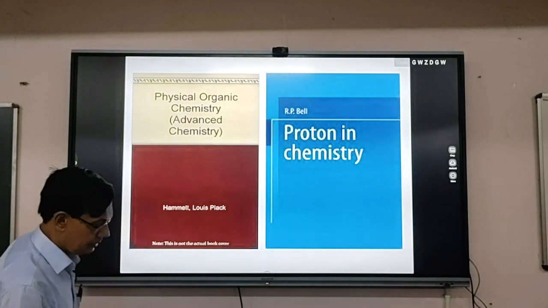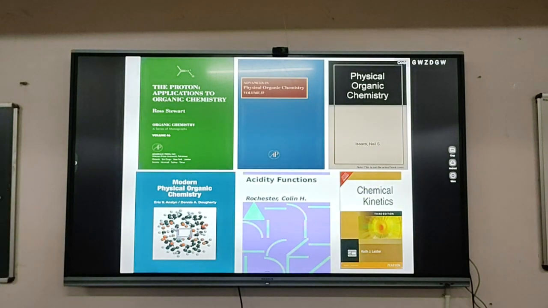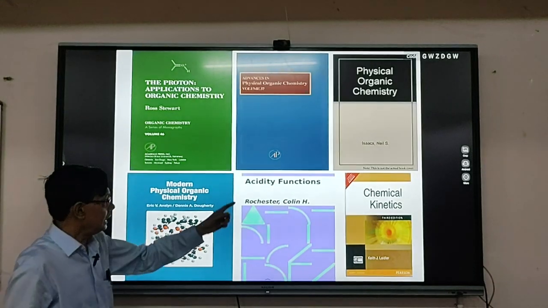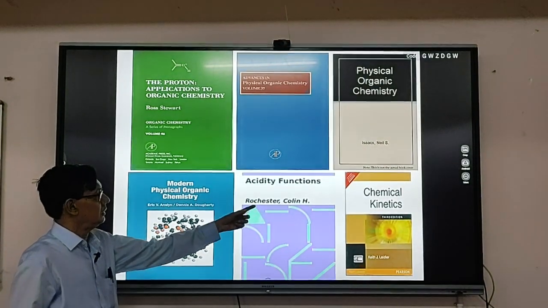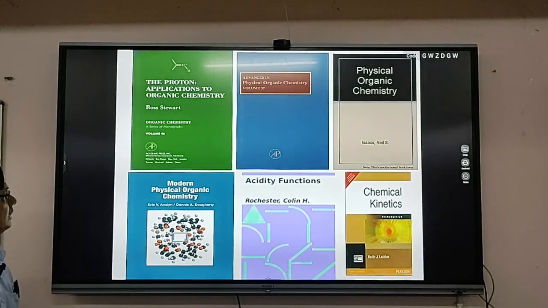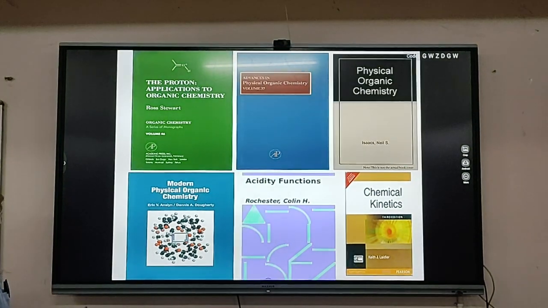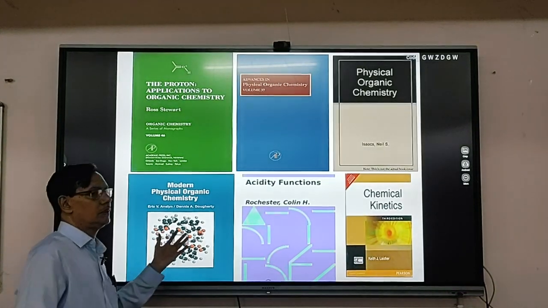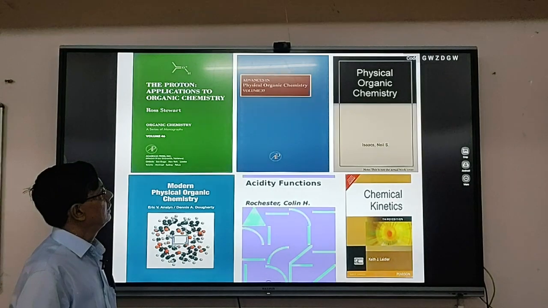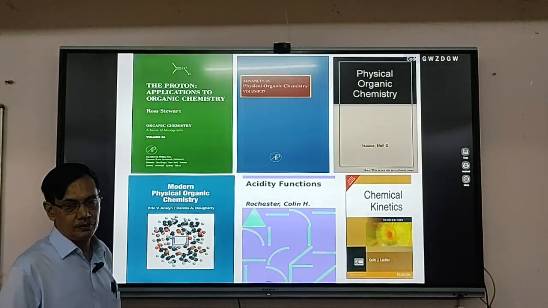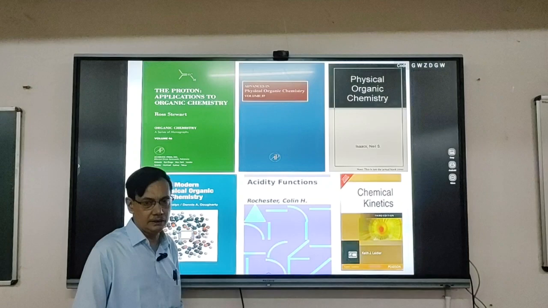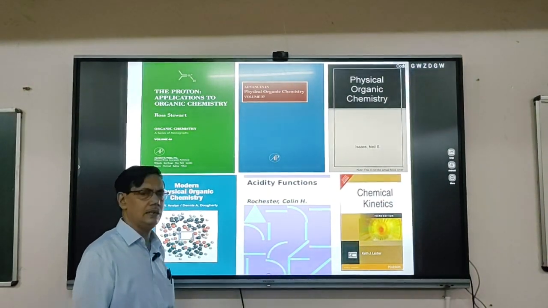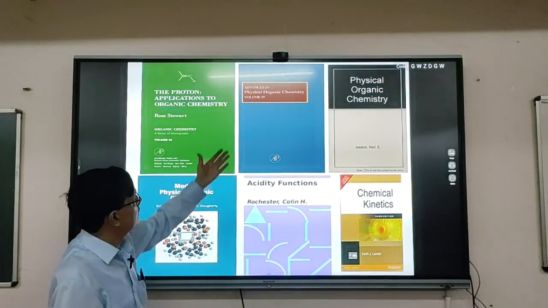In addition to that, there is a book of Rochester, I think, yes, a complete book on the acidity function, that is C.H. Rochester, and in addition to that, there are some monographs available in our library. I am talking about the Pandit Ravi Shankar Shukla University library. When I was a student working with Professor S.G. Tandon for some very simple hydrolysis reaction, long back, I think in 1980 or 81, we purchased this